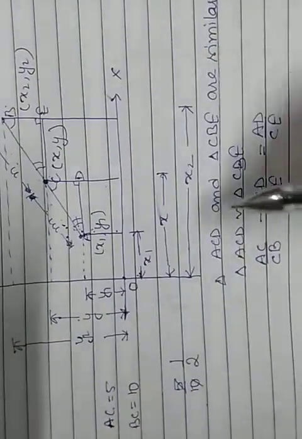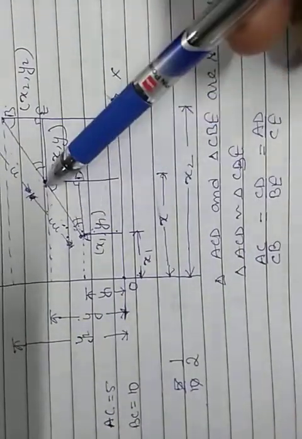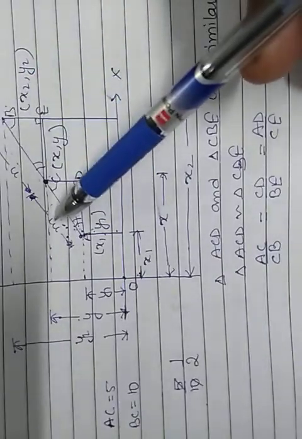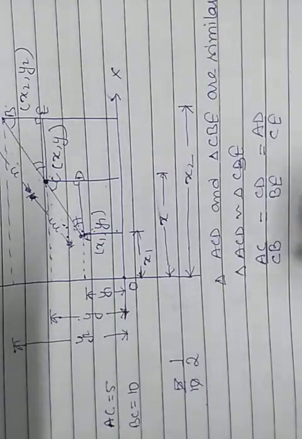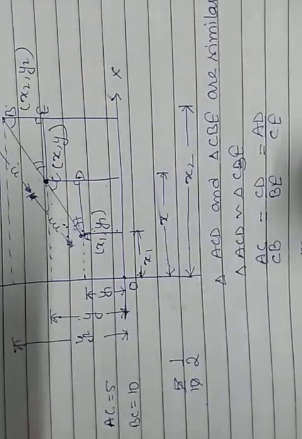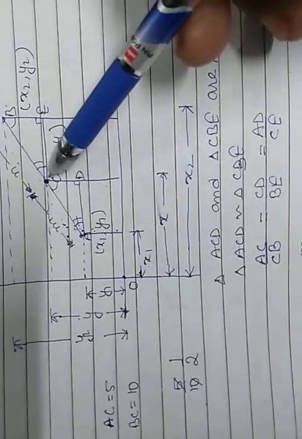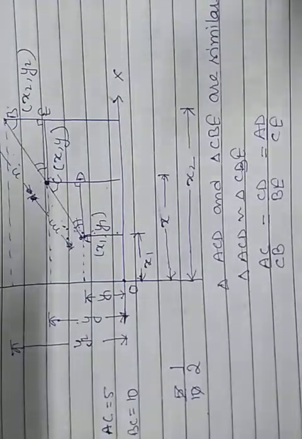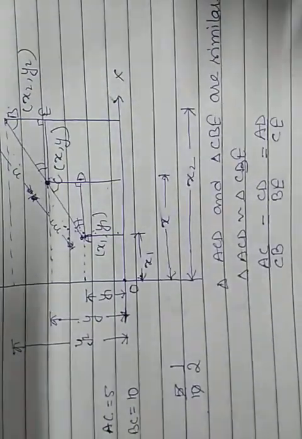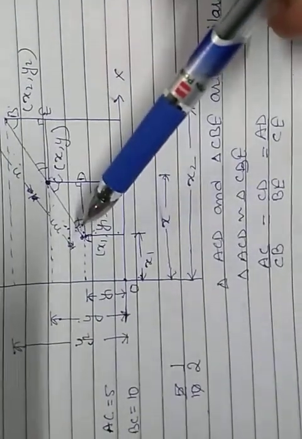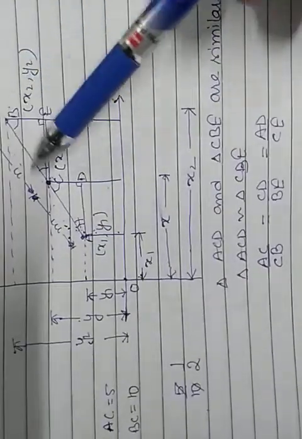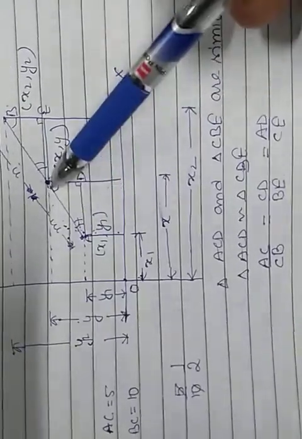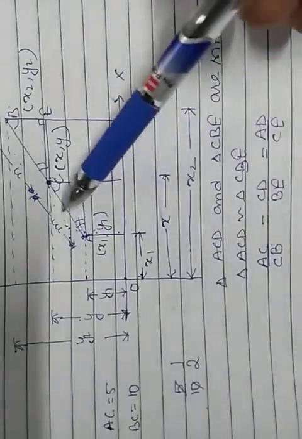Now substitute the value. Now look, AC upon CB, so this is equal to m upon n. It is given that C divides the line AB in the ratio m to n. I will derive a relation in which AB is a line that is divided by C in the ratio m to n. So AC upon CB is m upon n.